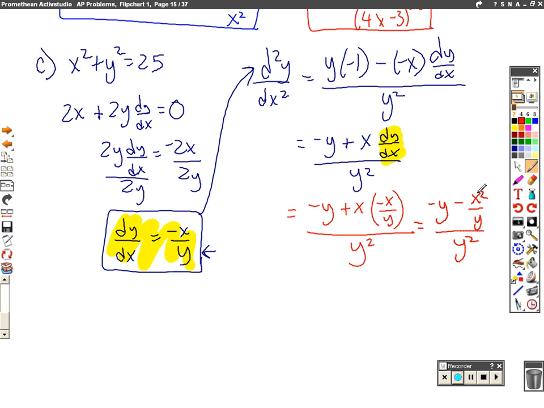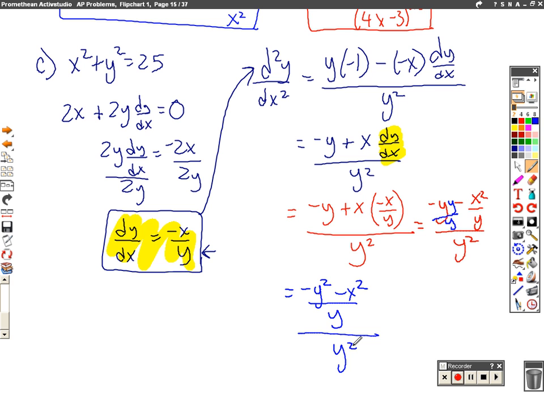We need to combine these terms in the numerator. They need to both have the same denominator to do that. So in order to get a y in that denominator, I'm going to multiply this y up front by y over y, which gives me a y in the denominator. Now our equation looks like negative y squared minus x squared all over y, and we're dividing it by y squared,